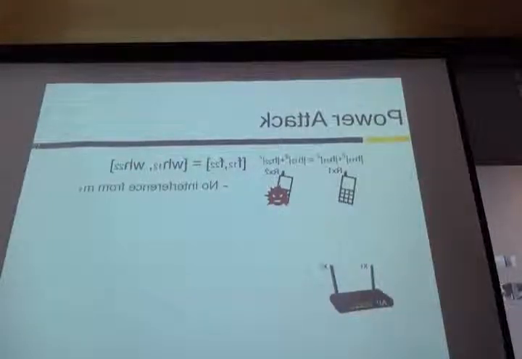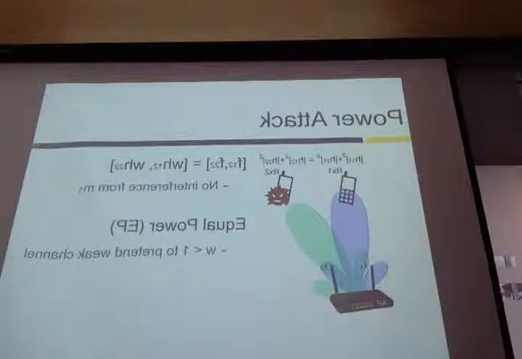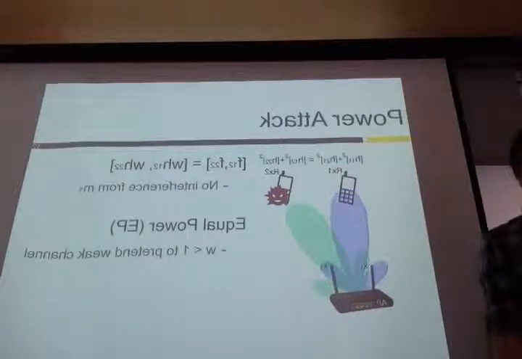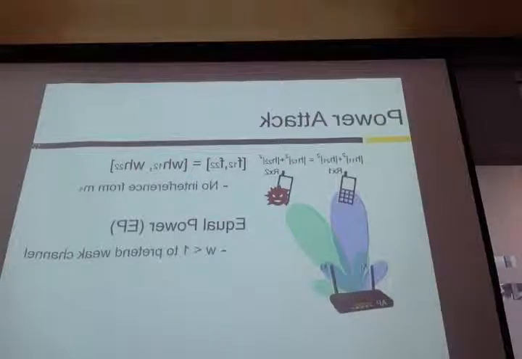If both of these receivers have the same CSI channel gain, then based on what we introduced before, either in EP or NT, we ask the AP to share the same power to them because they have the same channel gain. However, if we treat the CSI as we introduced here, in the EP scheme, the malicious client can choose the weighted parameter W smaller than 1 to pretend that this malicious client has a weaker gain. So the AP will think, you have a weaker gain, I need to share more power to you to ensure you have the same quality of received signal. Now this receiver gets selfishly more power.